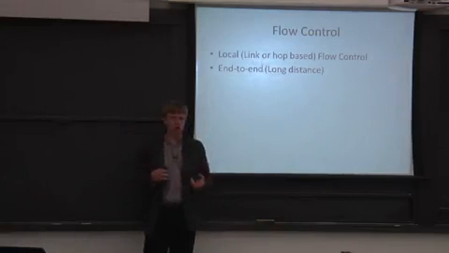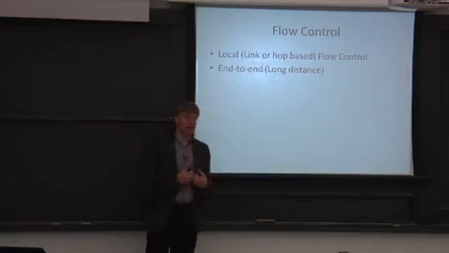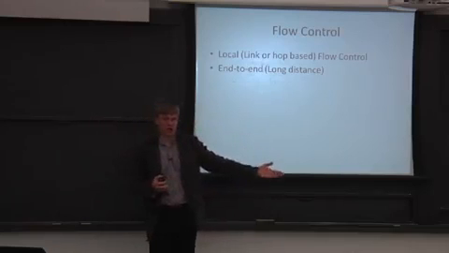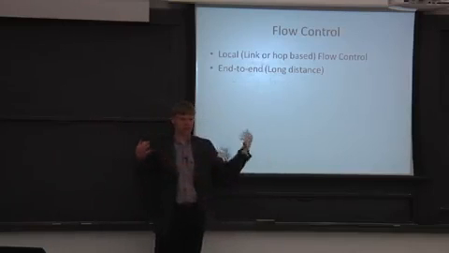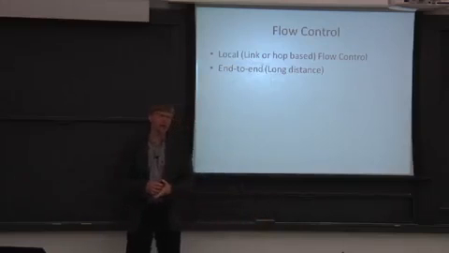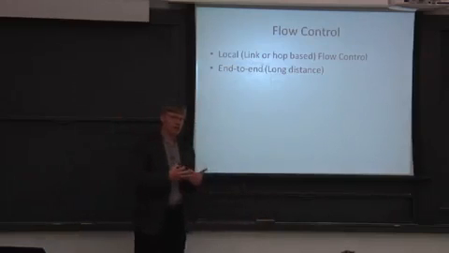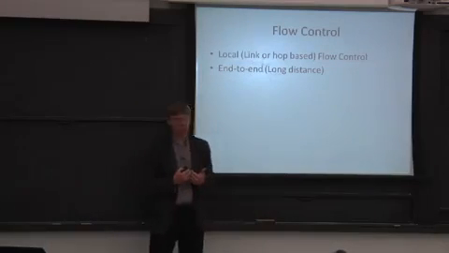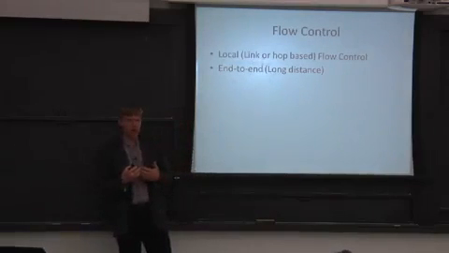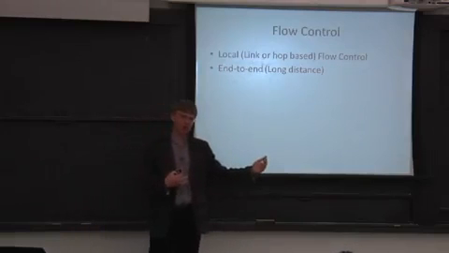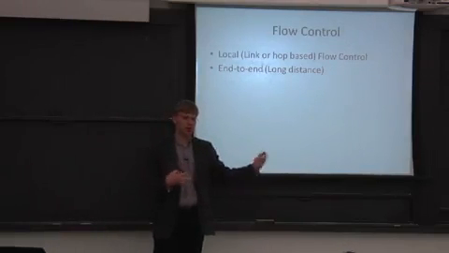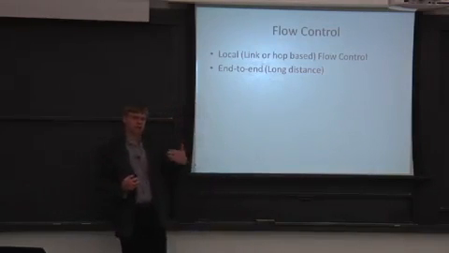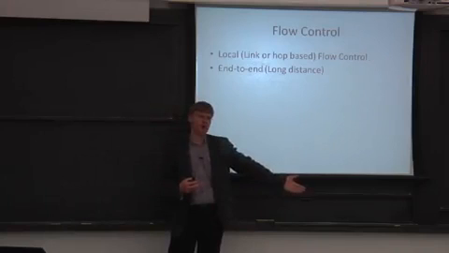a core which is trying to communicate to a memory controller. And you don't want to overrun the buffer in the memory controller, because if you overrun the buffer in the memory controller, your memory transactions just drop on the floor. So it's possible that your interconnection network is link-level flow controlled or hop-based flow controlled, but you still need an end-to-end flow control inside of your chip or your set of chips in your system to be able to prevent you from overrunning some other buffer that's farther away.